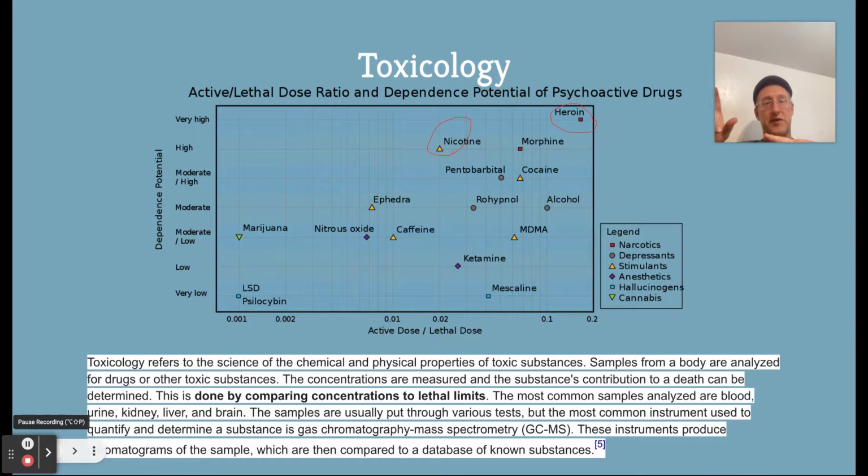If they do have drugs in their system, there is a level of lethality. And if you notice up in the top right there, I've circled heroin. And then there's also nicotine up there as well, morphine. Fentanyl, of course, would be off the charts, 100 times more potent than heroin. A number of other drugs on there not as toxic or as lethal. So they could be in the body, but not be the cause of death.